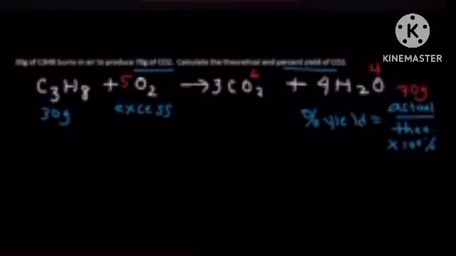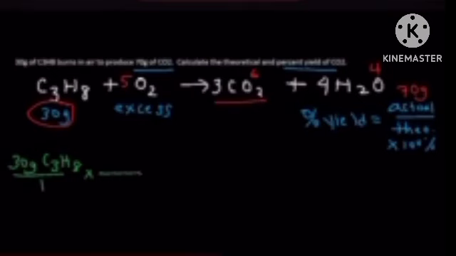So let's calculate the theoretical yield, the maximum amount of CO2 that is possible to get. So we're going to start with the 30 grams of propane. We're going to see how many grams of CO2 can be produced at most from 30 grams of C3H8. The first step is to convert to moles using the molar mass. The molar mass of C3H8, which we get from the periodic table, is about